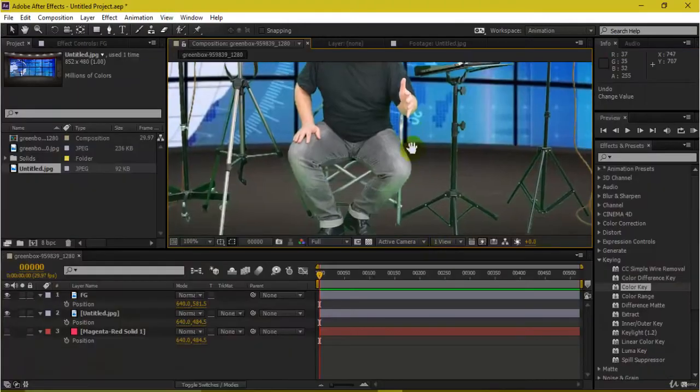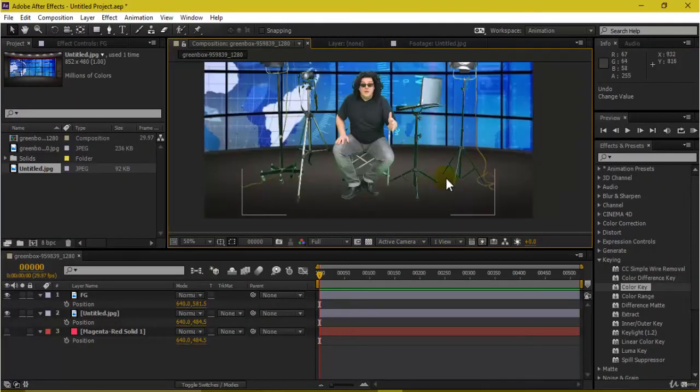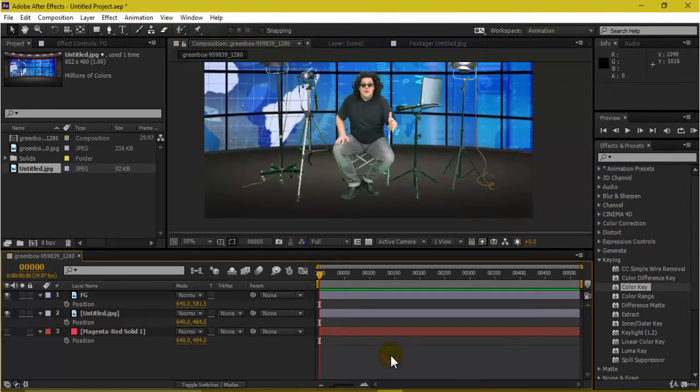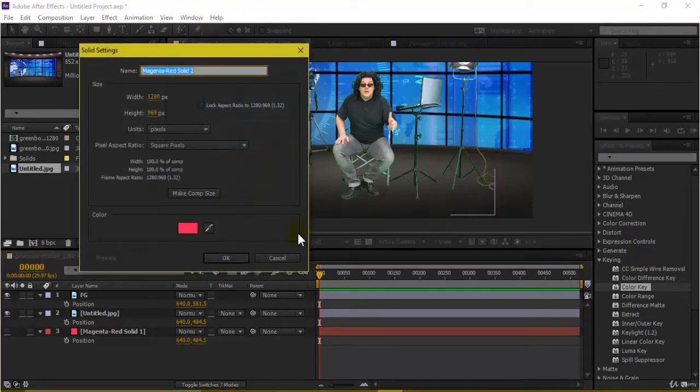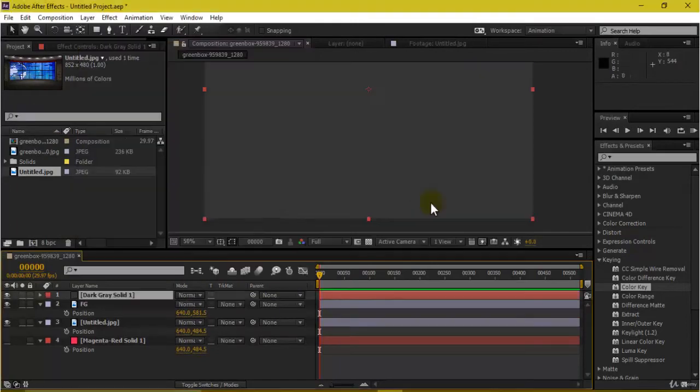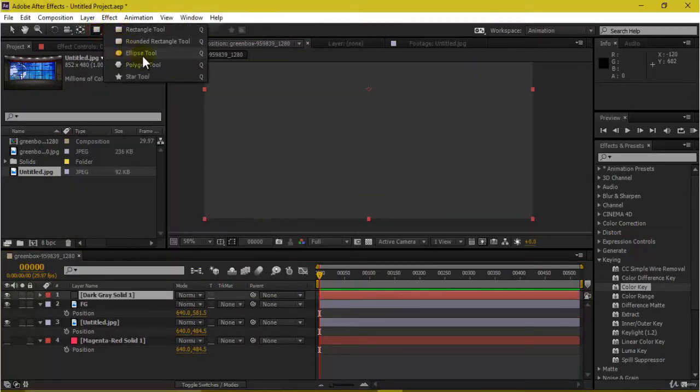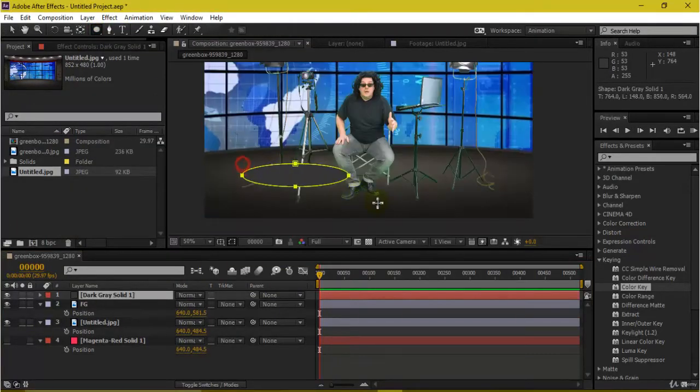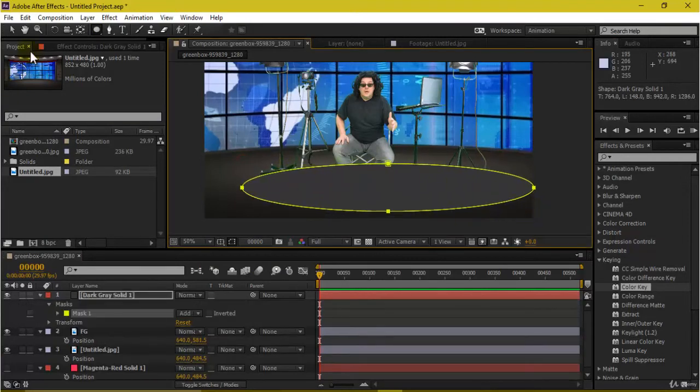But two things here we need to work on: it seems that there is no floor here, and it is pretty much looking like a cutout image. So we need to composite this here. As this session is also on compositing, we will be creating a fake shadow over here, which is easily possible. So first I'll be taking a solid of dark gray in color, and then I'll be taking an ellipse tool and I will mask this out, something like this.